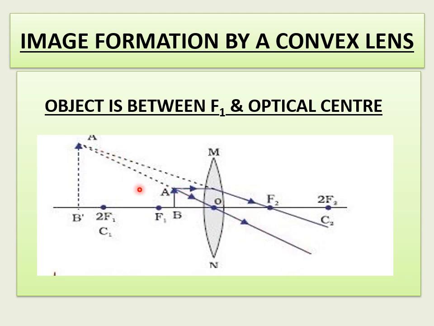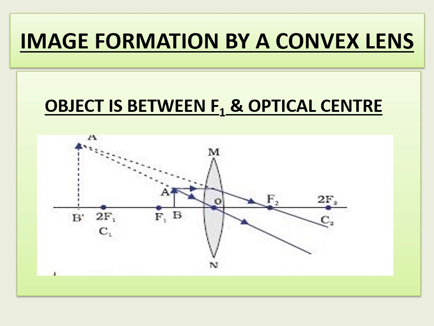So here the broken lines mean we cannot see any image here. Just extend this refracted ray. When you extend a ray, we have to use broken lines. So I am taking this ray and this ray and extending them backwards. So they meet at one point, this is the meeting point of those extended rays. And name this as A and A dash, and this will be B dash. So now this is your image formed.